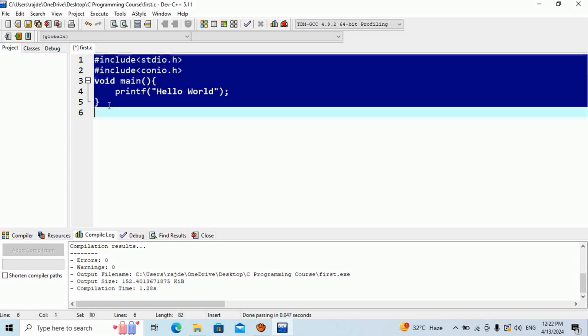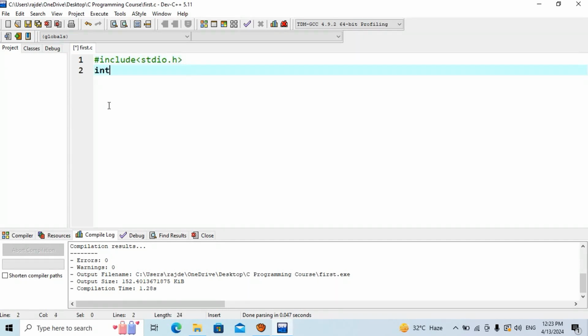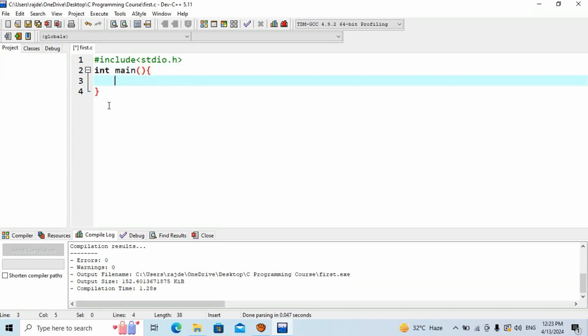We can simply have another program, that is the modern way. We can just write #include stdio.h, and we can have the integer main function, and here we can have printf